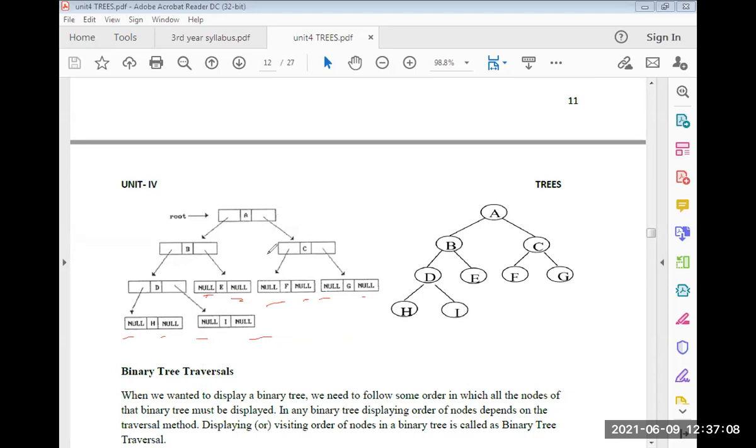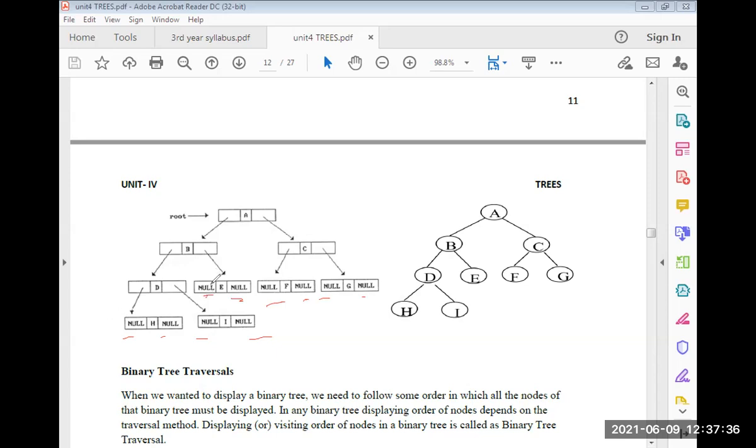Actually in a tree we only move downward, but when we place an address instead of null, then we can move in upward directions. These extra links which contain addresses of some nodes are called threads. Instead of null we store an address, then we call it a thread, and the tree is termed a threaded binary tree.